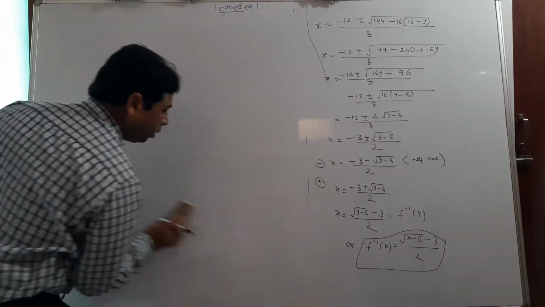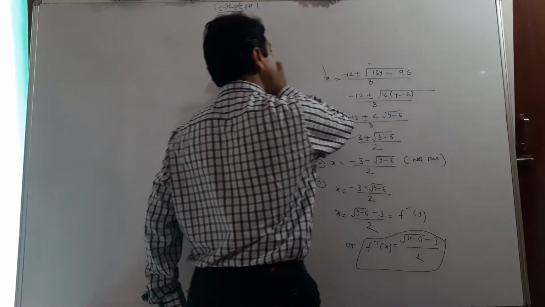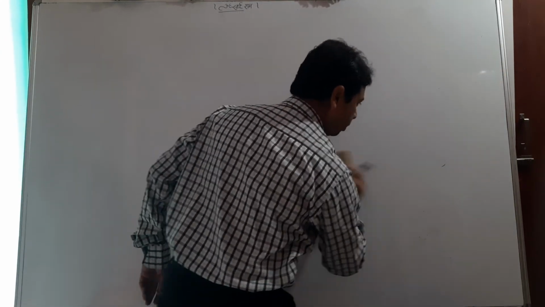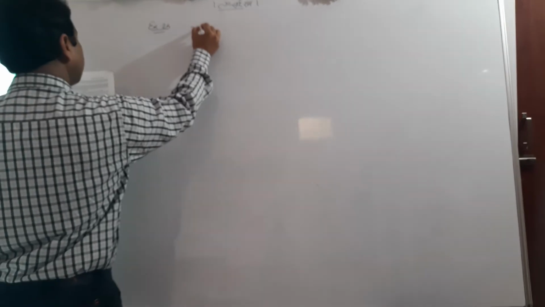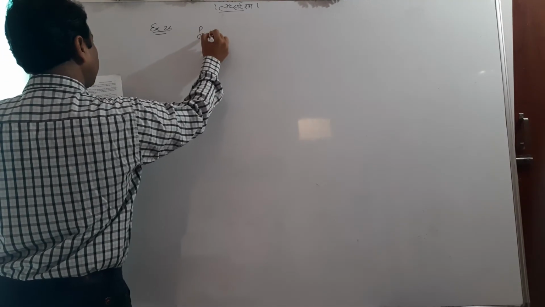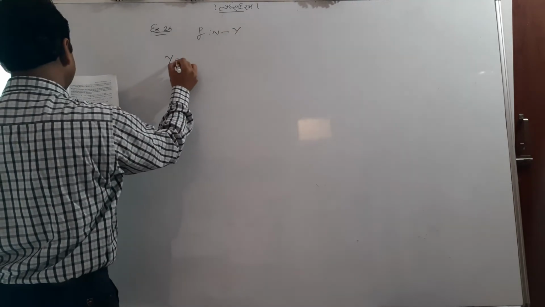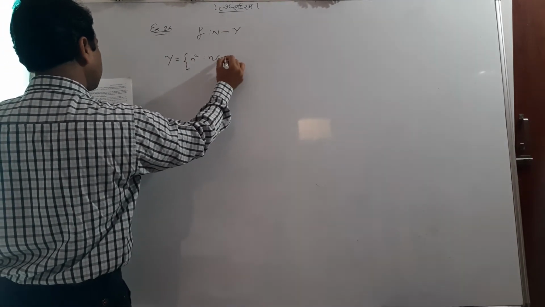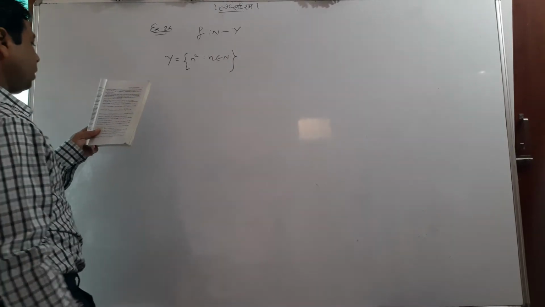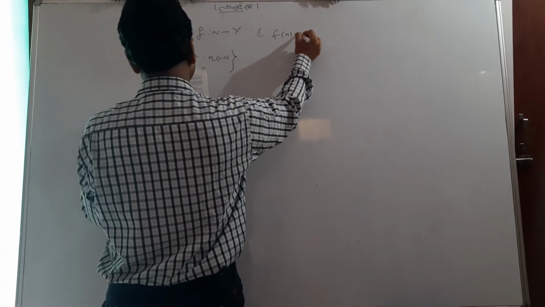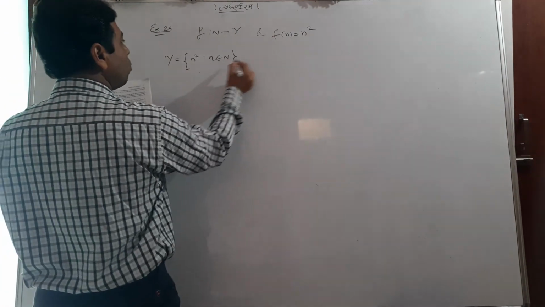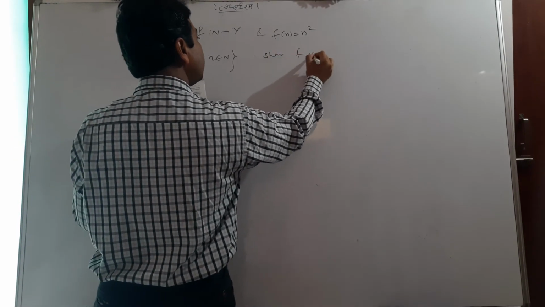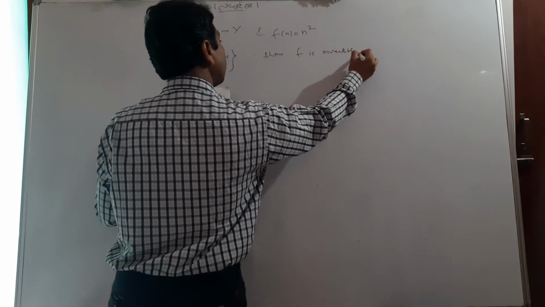Now this was a long question, it was necessary to tell you. I would tell you the same question in the next lecture, but I am telling you a very simple and small question again. It's example number 24, nothing hard. Let the function be defined from N to Y, same as we did actually. f of n equals n square, n belongs to N. Don't worry, it is n. Normally it used to be x, but this time it is n. And y equal to this one. Show that f is invertible, and find its inverse.